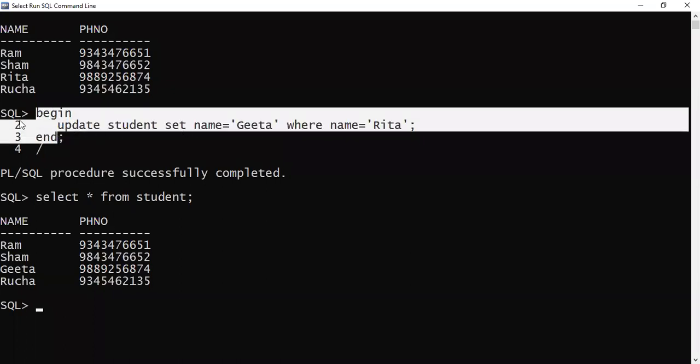So what will happen, the database data or the record set, the rows and columns, that particular record set will be fetched out from the database. It will be brought into the RAM. You understand what is meant by RAM? RAM is random access memory. It is a temporary memory in the computer's main memory. So suppose my database is there in the hard disk. So from hard disk, the data will be brought into the main memory.